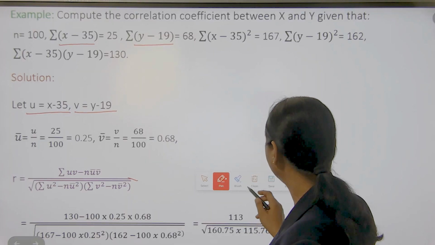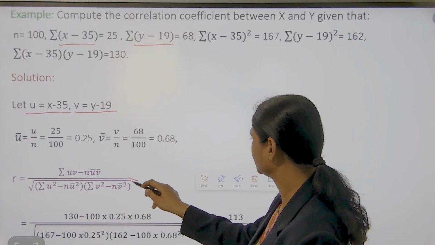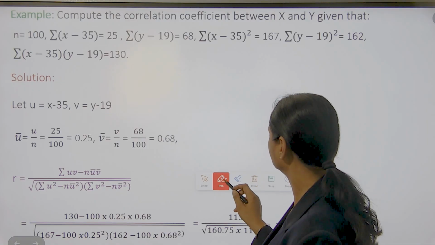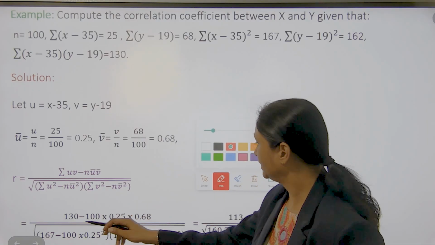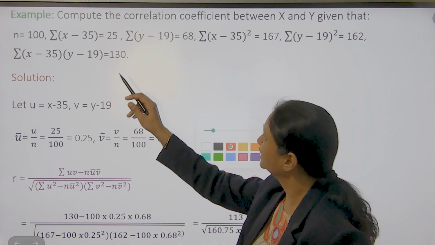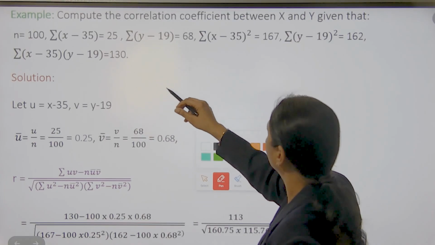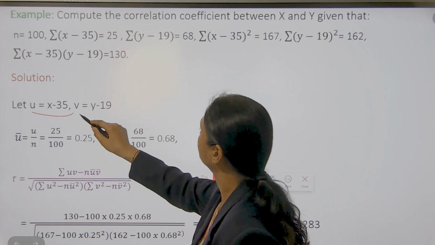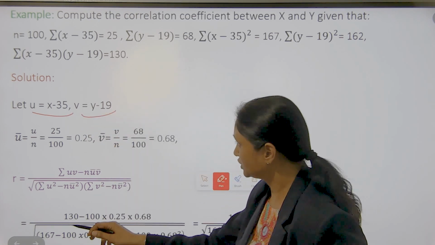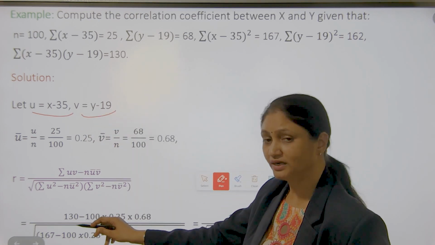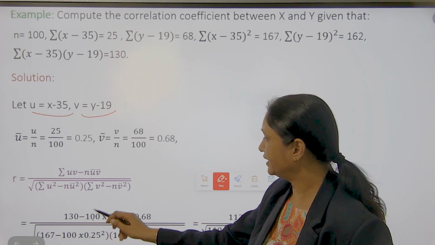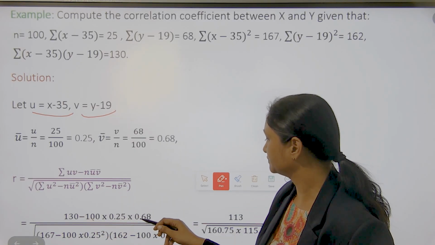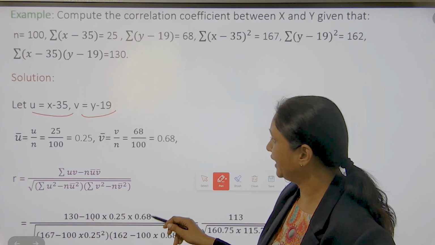So putting all the values, we get summation uv, summation u into v. So summation uv is equal to 130 minus n, which is 100, u bar is 0.25 and v bar is 0.68,